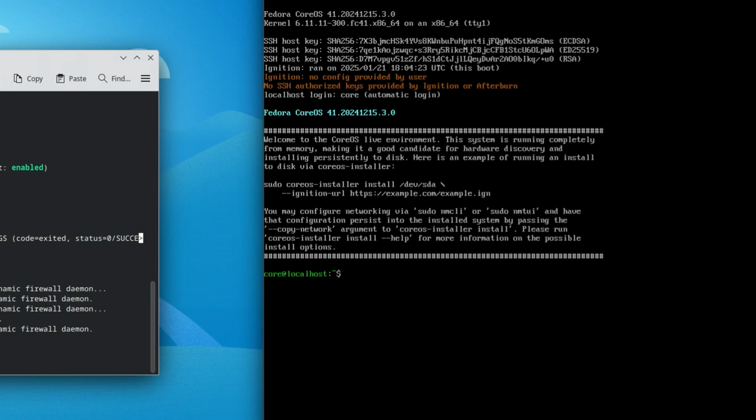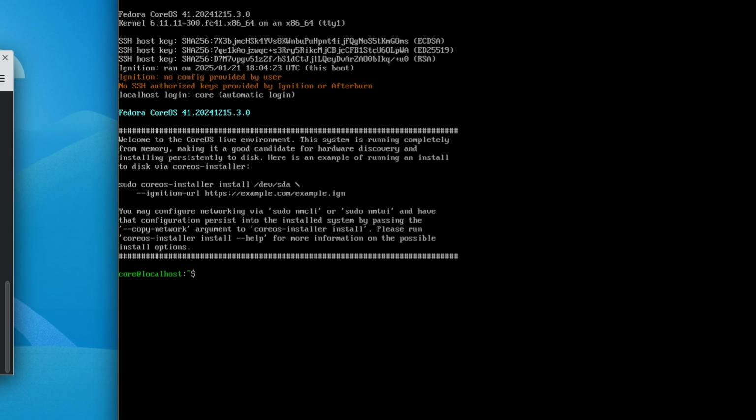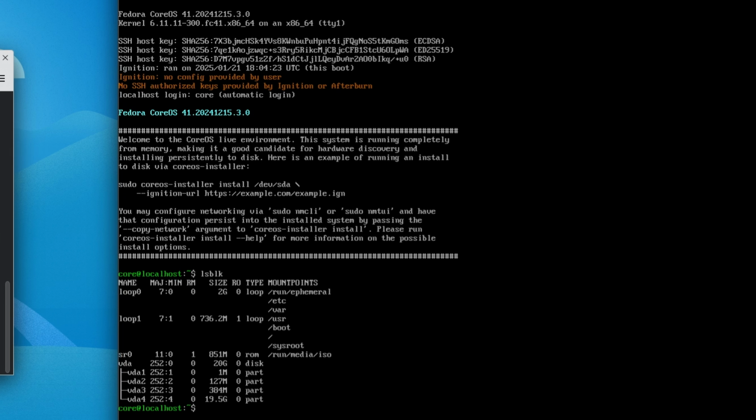So what we want to do on the CoreOS side is see what the name of our hard drive is that we're going to be installing this to. To do that, we're going to type in lsblk, press enter, and we can see, this is a virtual machine, that vda is our hard drive, and I've allocated 20 gigs for this test VM. So now we know what the hard drive name is. Let's go ahead and start typing in that command. So it's sudo coreos-installer install /dev/vda